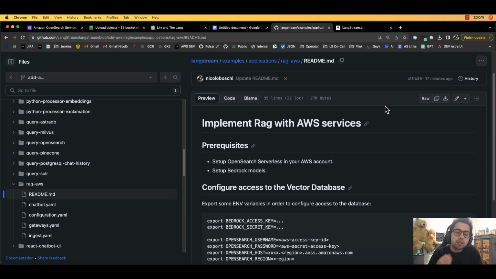Hello everyone, today I'm going to show you how you can implement a RAG application for real using LangStream and only AWS services. So we're going to create an application that is able to read the data from S3, and since these data are unstructured, we are going to split them into chunks, compute the embeddings, and store them in a vector database, and then we let the user ask questions and get answers about the ingested